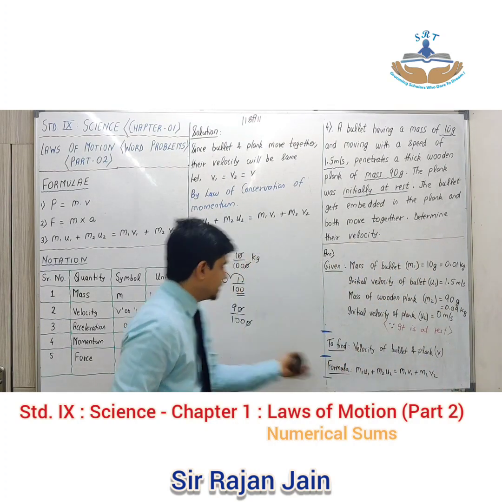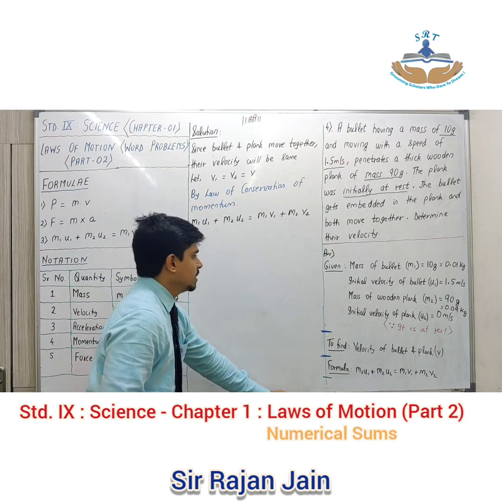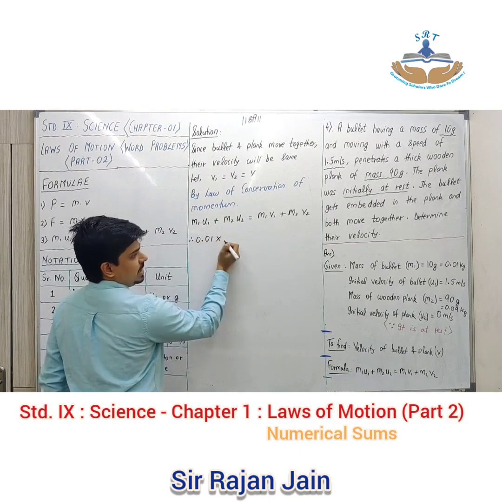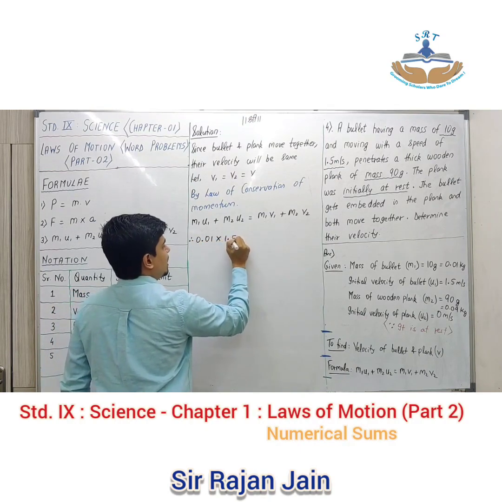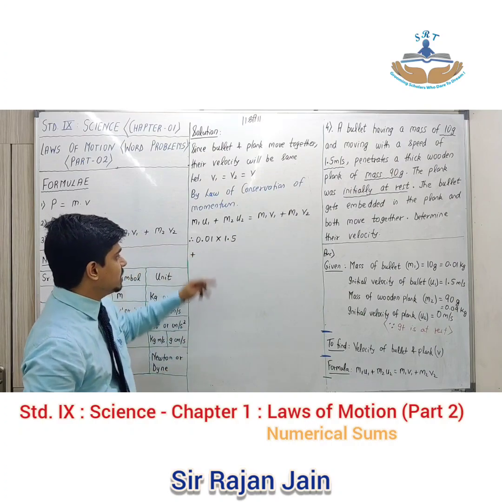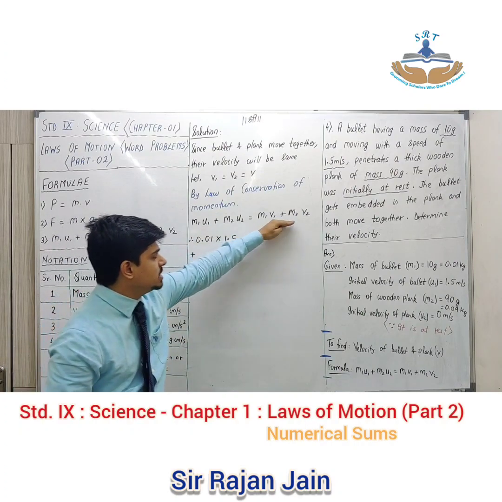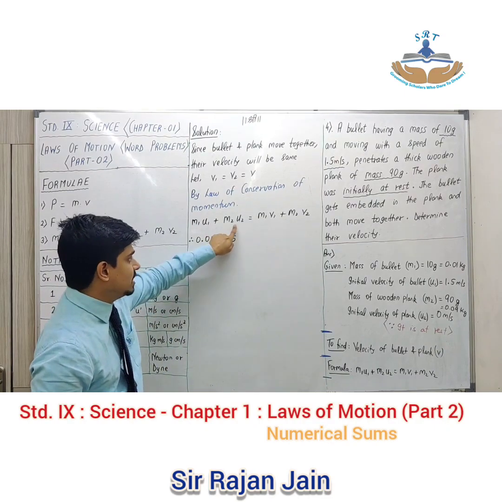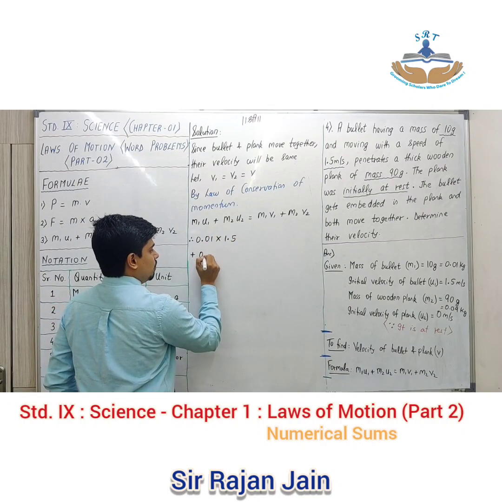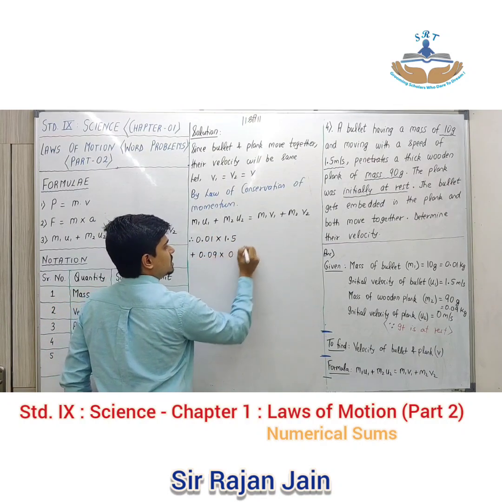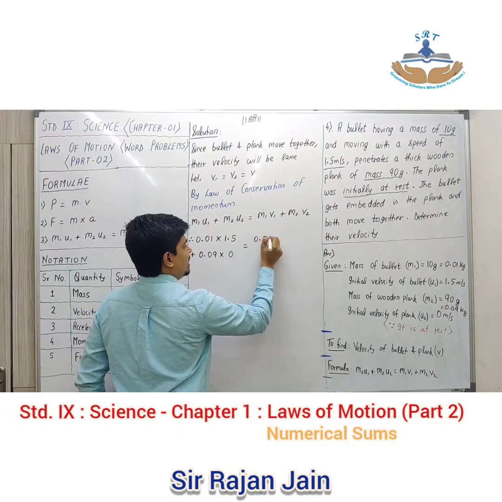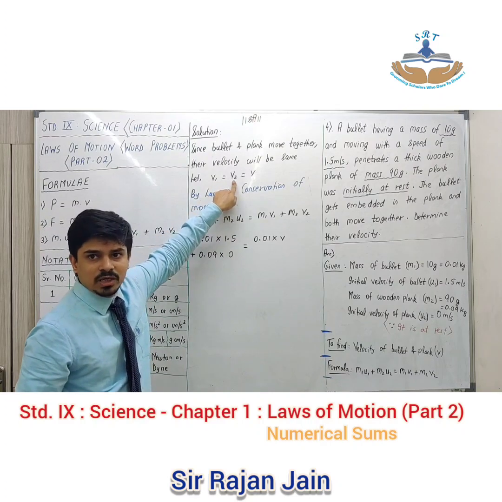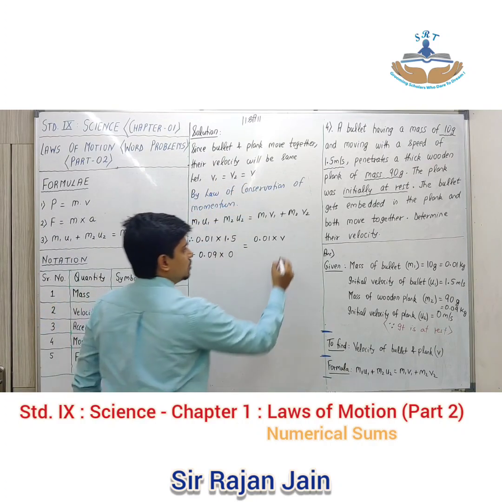Is that clear? Okay, now let's substitute the values. I'll write therefore 0.01 into your initial velocity 1.5. As I told you in the initial substitution, split your left hand side into 2 lines and I'll split my right hand side into 2 lines. So this is m1 u1, m2 u2 will be 0.09 into 0, is equal to 0.01 into V1, in place of which I can write V because I have specified over here V1 is equal to V2 is equal to V, plus